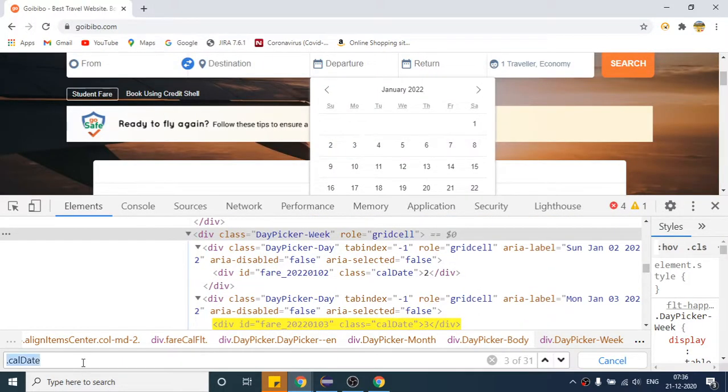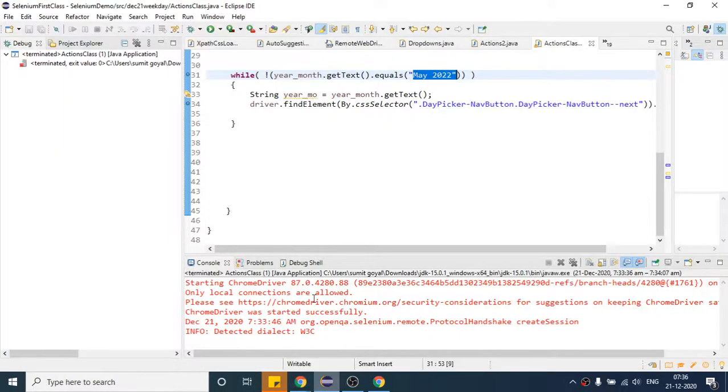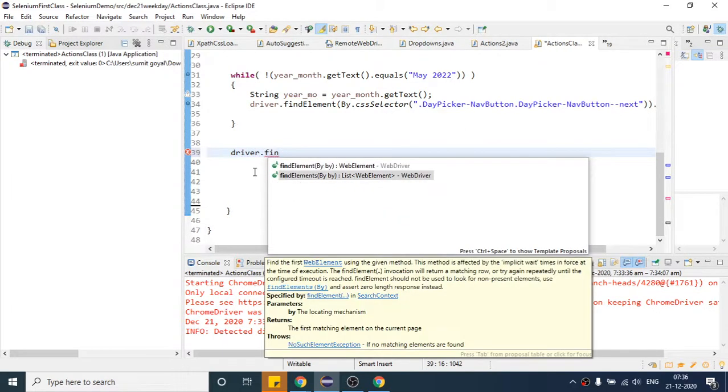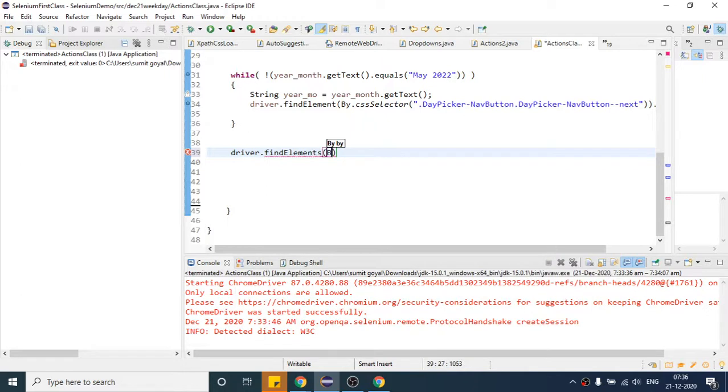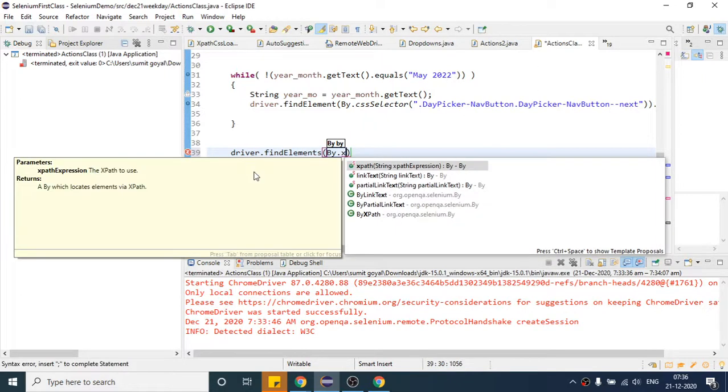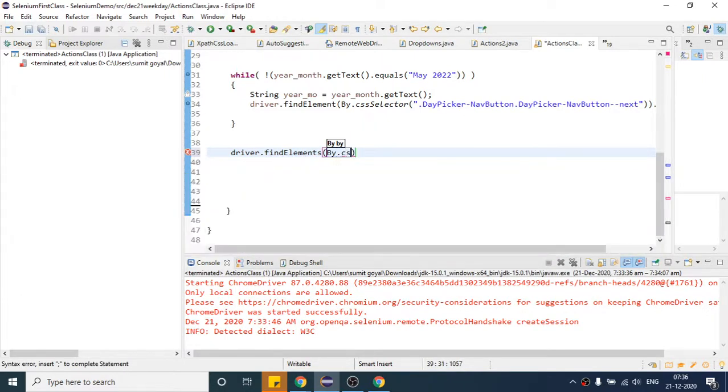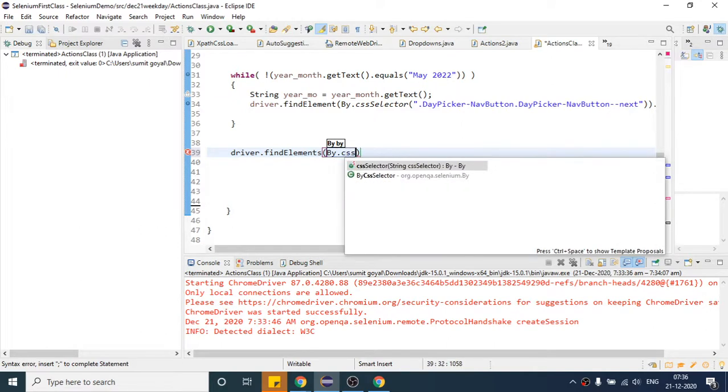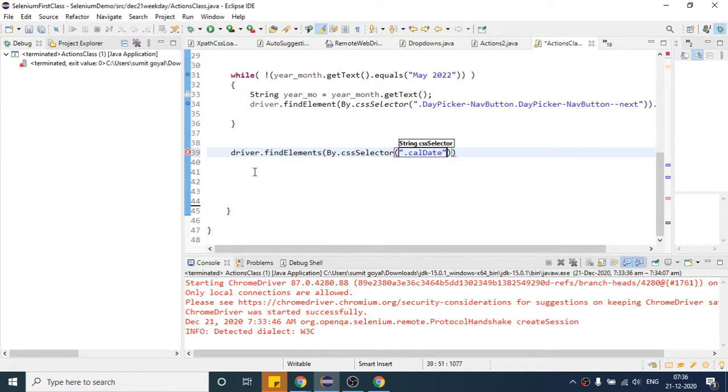So I will use the find elements method to capture all the dates first. This is a very easy method, we have already discussed. Find elements, this time find elements by CSS selector. This is our CSS.